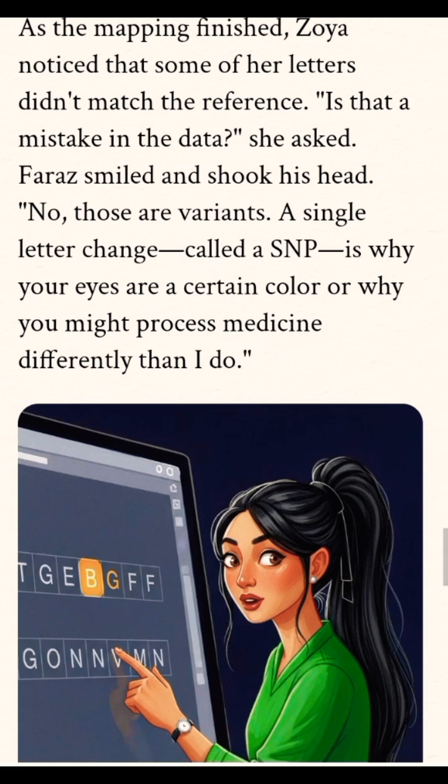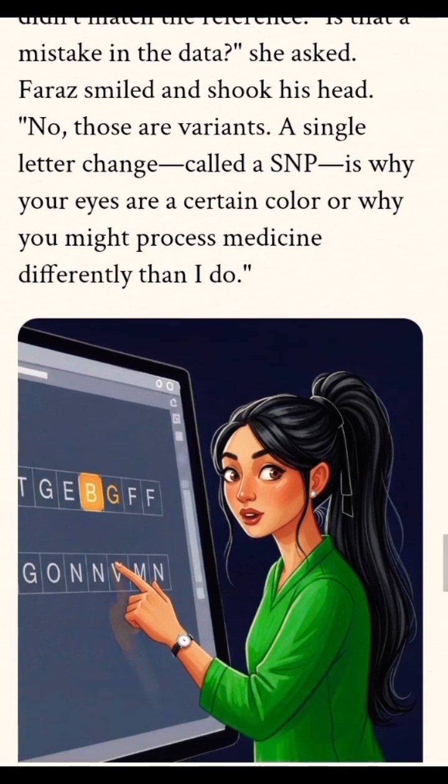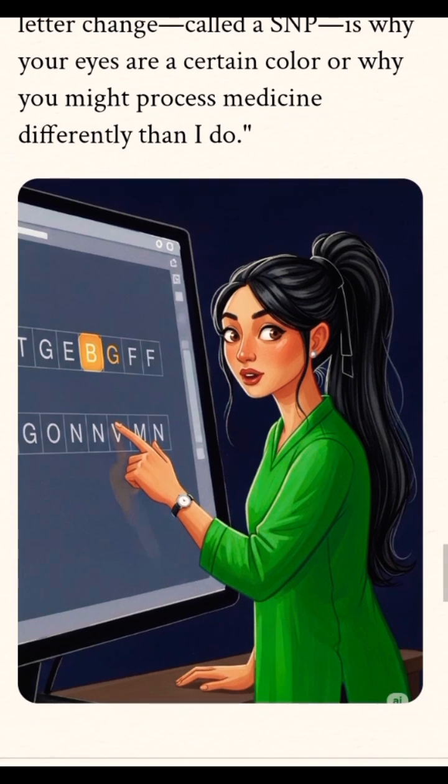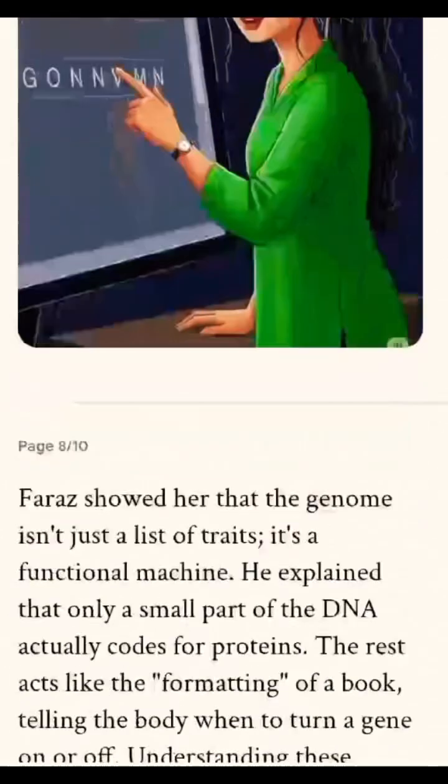"Is that a mistake in the data?" she asked. Faraz smiled and shook his head. "No, those are variants. A single letter change, called a SNP, is why your eyes are a certain color or why you might process medicine differently than I do." Faraz showed her that